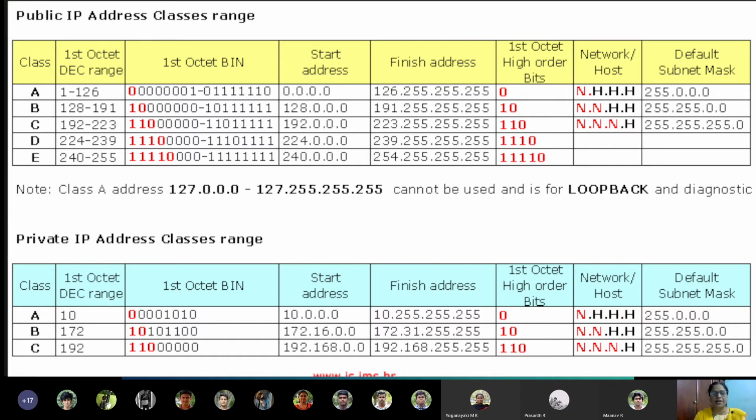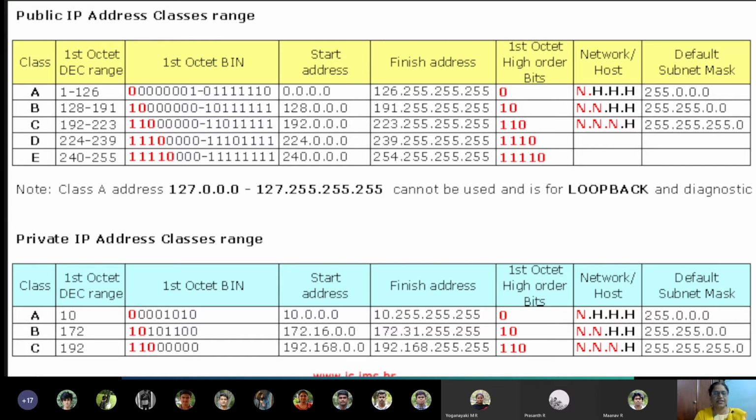Suppose I say 112, then it is within the range of 1 to 126, therefore it belongs to class A. If an IP address begins with, say, 147.12.113.40, then by its first octet's decimal value, you can say it is a class B address. If it is 200, you can say it is a class C address. So you can identify which class an IP address belongs to depending upon its binary or decimal representation.